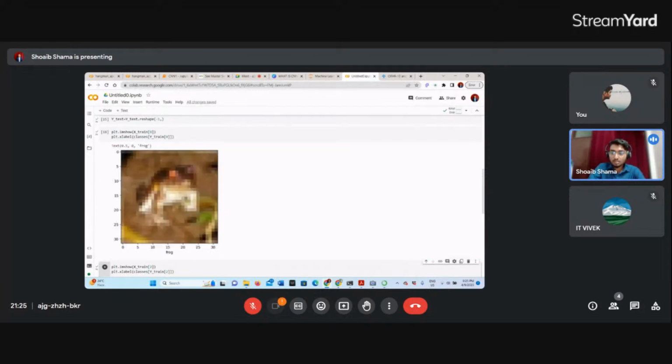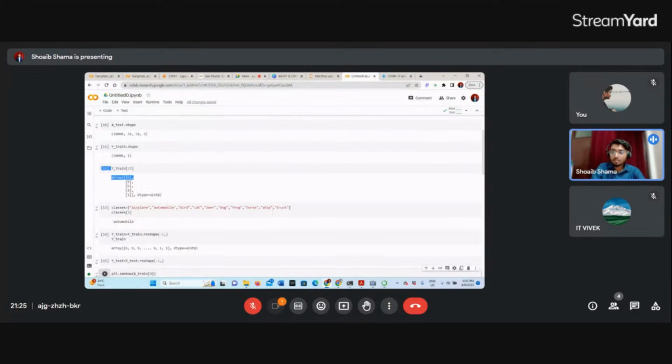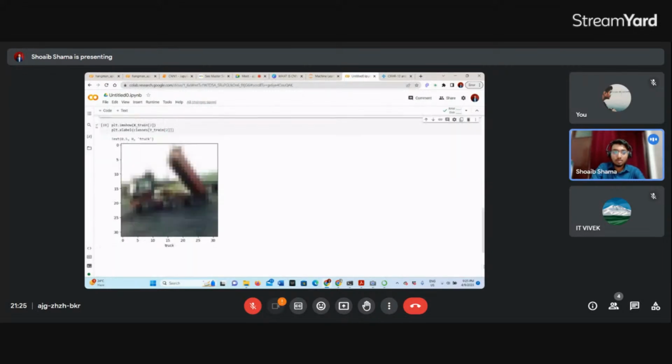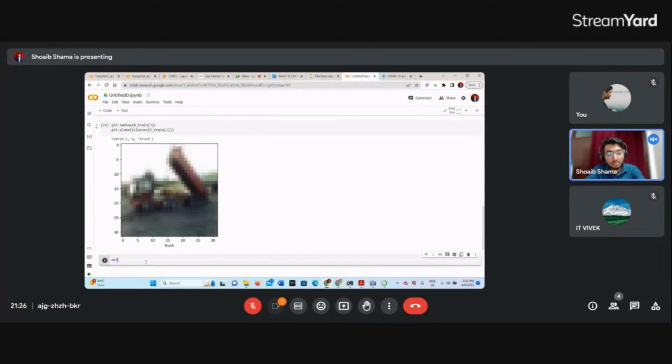I don't know why it's not working here. Yes, now it's working. It's a truck, I guess. Yes, so it's looking like a truck. So our data and all the stuff is working fine.